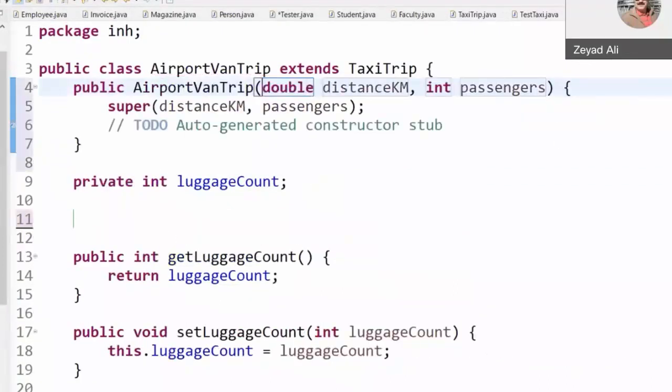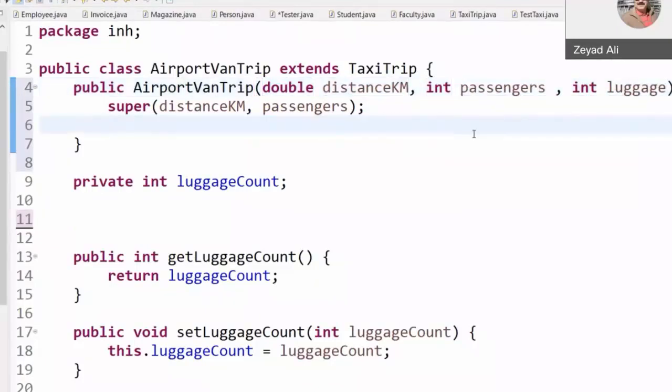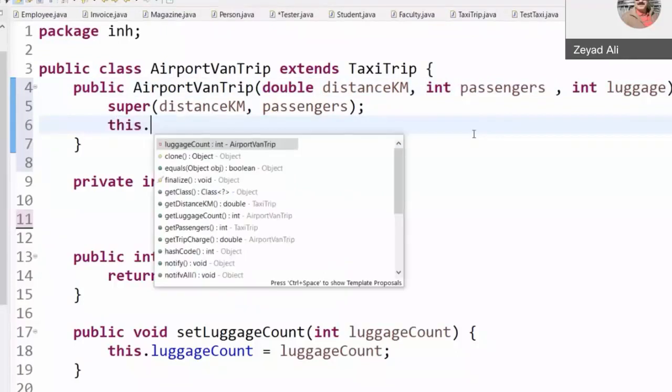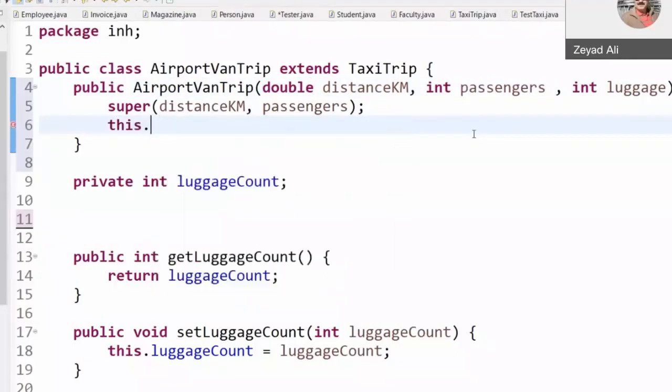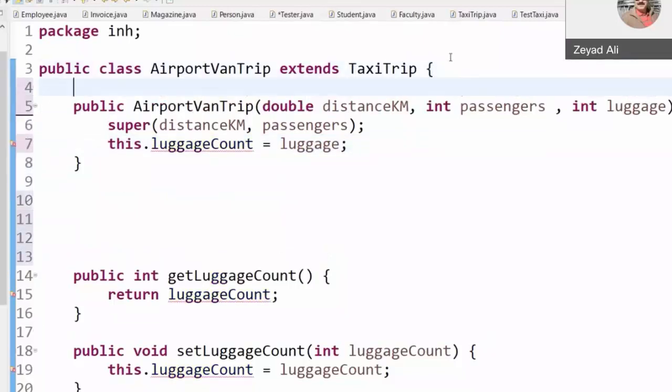I will need only to add one thing to it, which is int luggage. So I called the super class first. Then I said this.luggageCount is equal to luggage. That's it. The only new attribute is the luggageCount, and our constructor is ready.